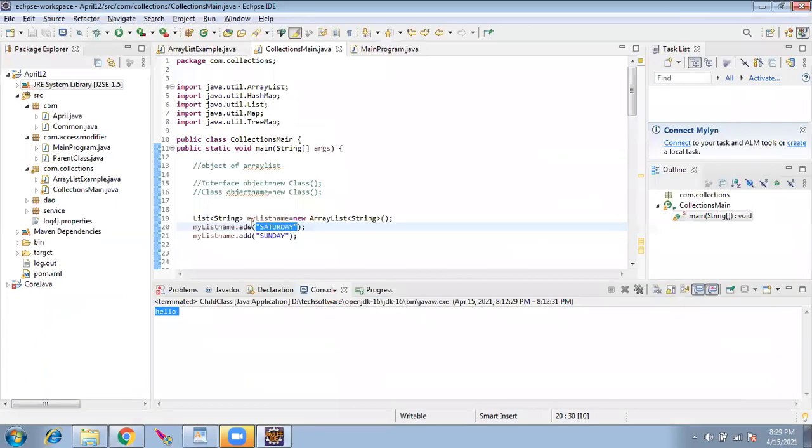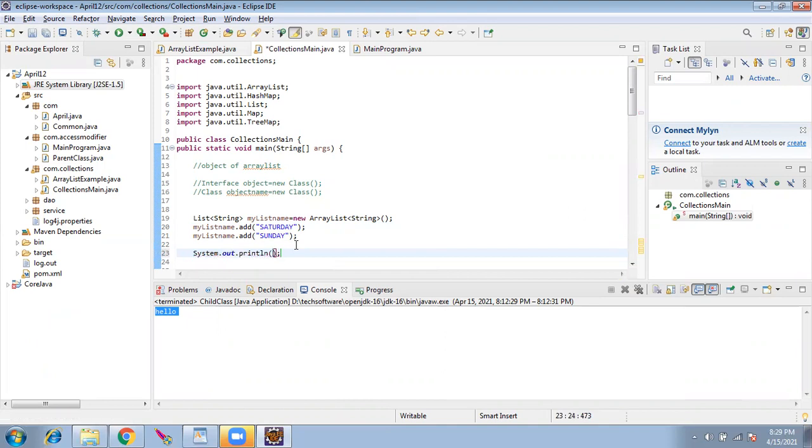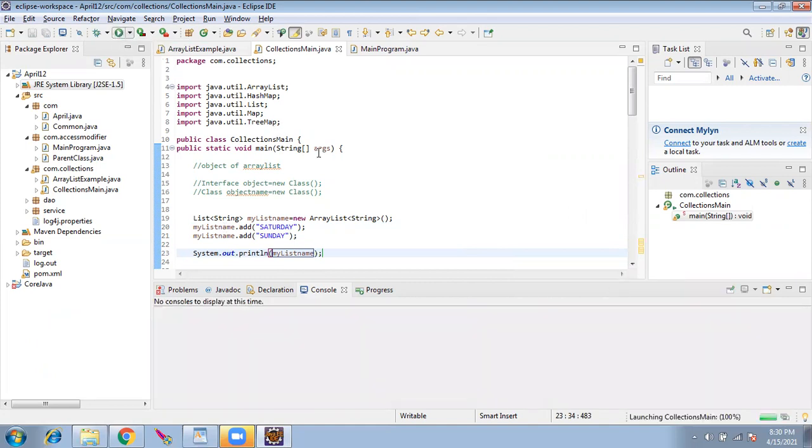So when I add the first element in the array list, it would be added. When I add the second element, it would be added. We'll see what has been added. We'll just do a sys out. Those are methods. Add is a method, right? Those are predefined methods inside the class. If you want to use them, you can. It depends on the requirements. We have to see and use it. Exactly. So when I print the array list, let's see what happens.